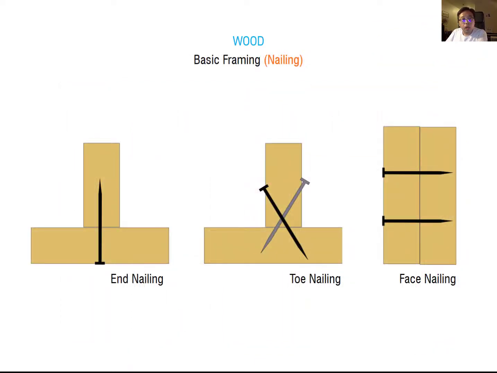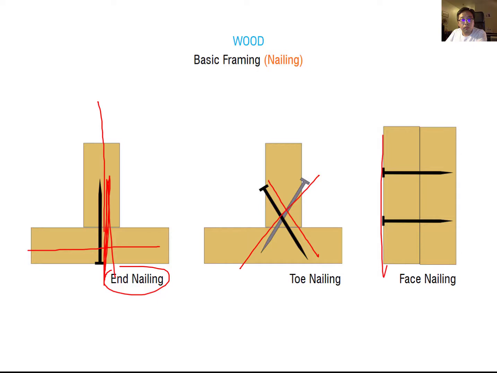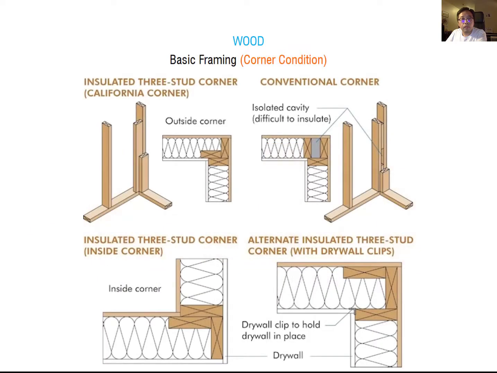Next one, to connect the frame to frame, which is the bottom plate or top plate, to connect to the vertical stud, you can consider using these three different methods. The end nailing is only with one pin joint, but if you want a stronger joint, you can consider toe nailing. And then when you want to make a face-to-face timber connection, you can consider using face nailing. Okay,